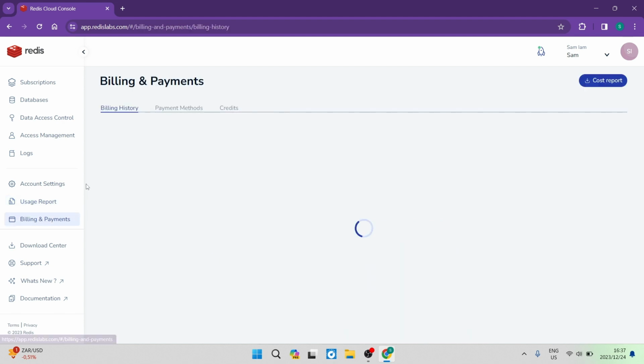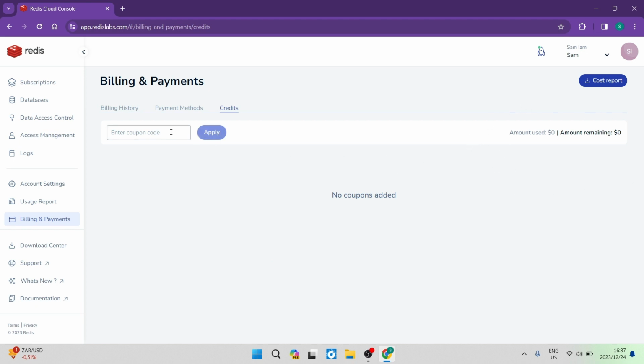Then of course, if you need to set up your billing and your payments, you can go ahead over here. This will be all of your billing history and your payment methods. This is where you can add a credit card or any other type of payment method, and where you can manage all of your credits or your coupons. On the right hand side, you can see your account balance, and if you have a coupon or a credit code, you can tap it in there